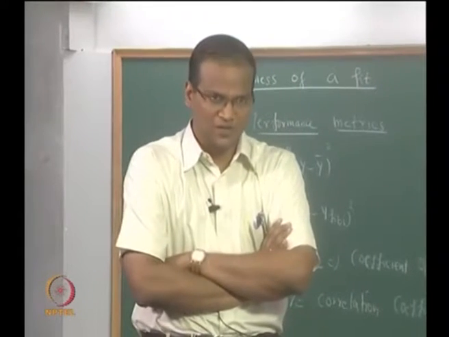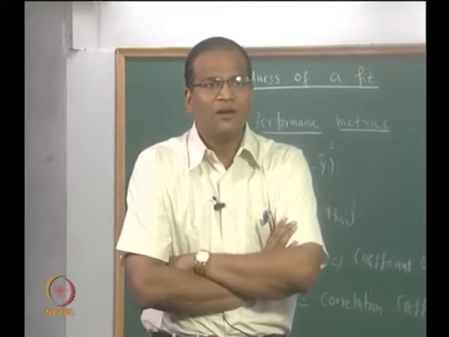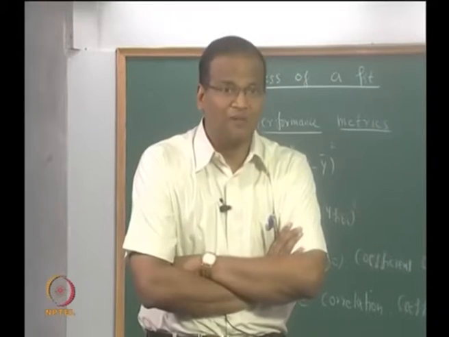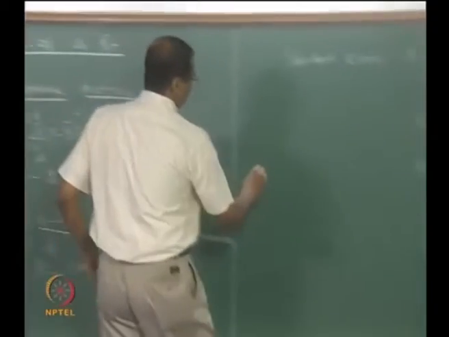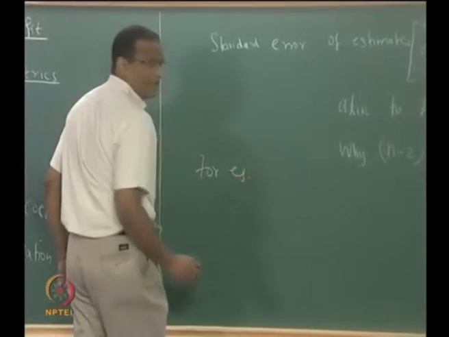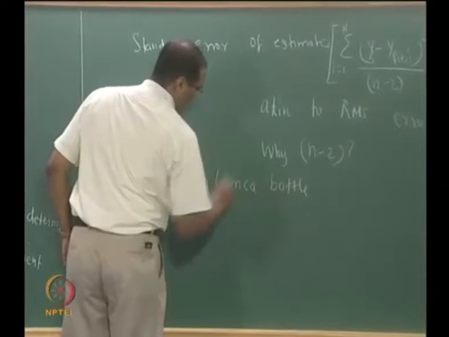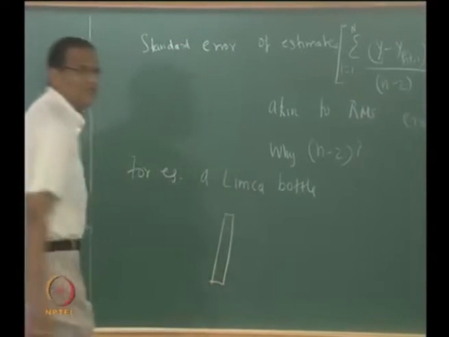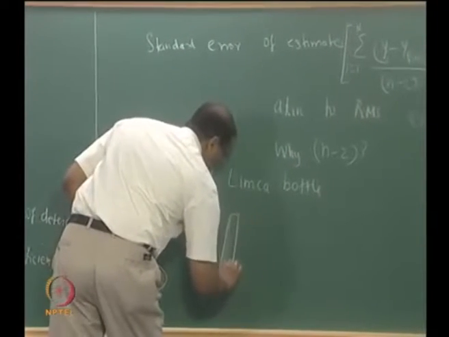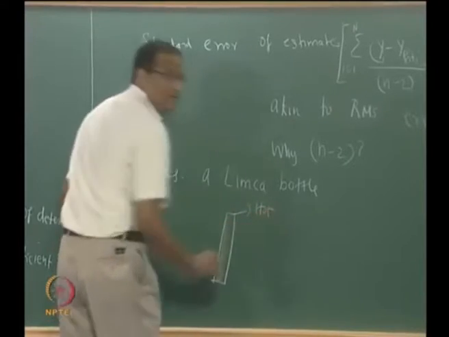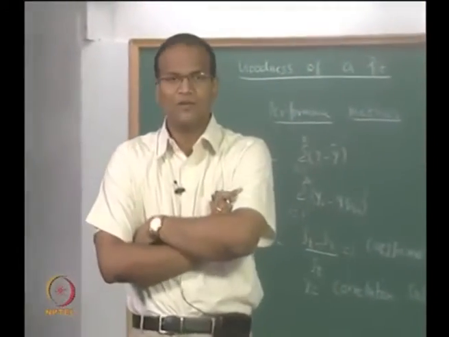Unfortunately, the heat transfer coefficient is not a constant. The heat transfer coefficient is usually a variable because it depends on the temperature difference, that is the Rayleigh number. Okay, so you remember. So for example, let us take a Limca bottle. For argument's sake, I will make it a cylinder like this. Now it is hot. I want it to cool down. So I keep it in the refrigerator. How will the boundary layer develop?